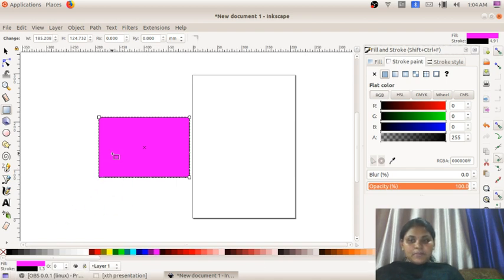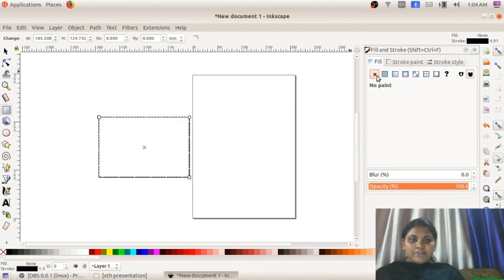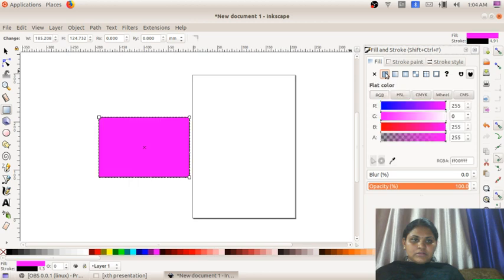So what does that mean? The color which is filled in the picture is known as the fill tool. Okay. Stroke is the outline of the picture. Okay. So if we click this, we will get another box. Here if we take fill, this is no paint. If we take this, paint will be going, color will be going. This is flat color, that means for giving color. Here we will be familiarizing about linear gradient, radial gradient.